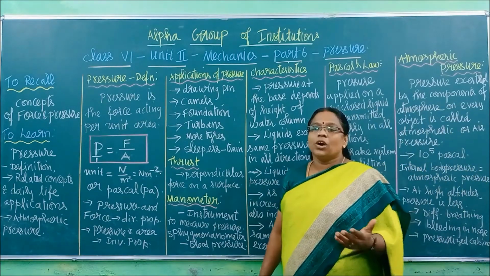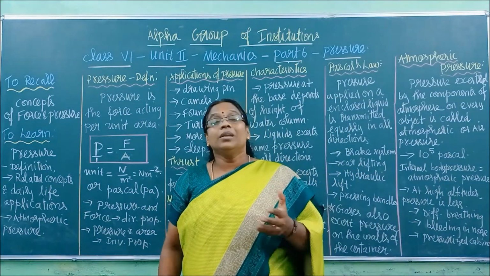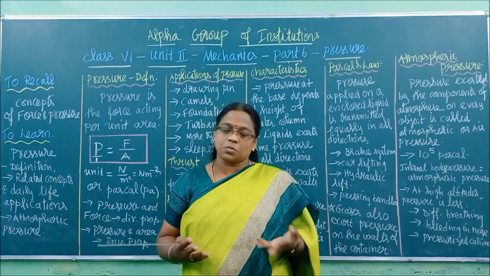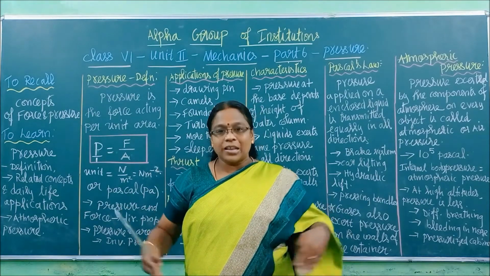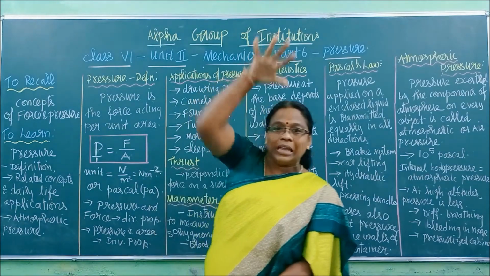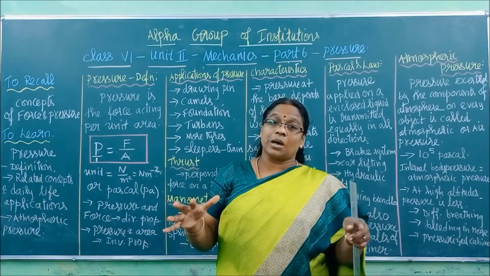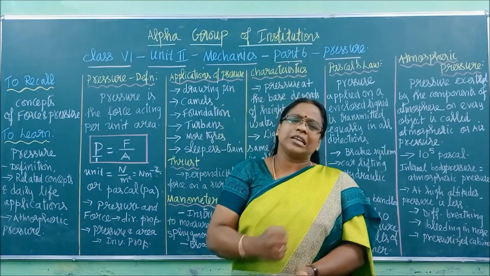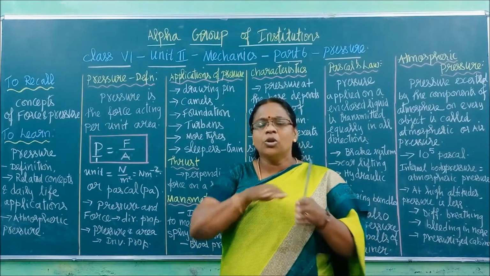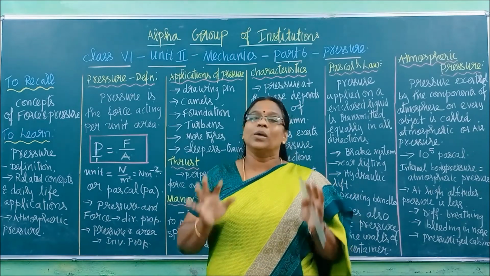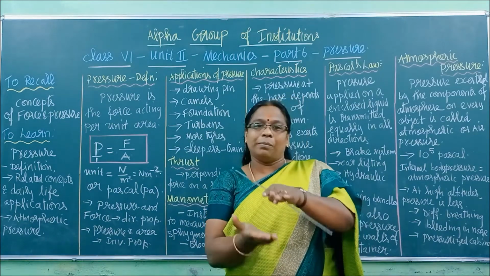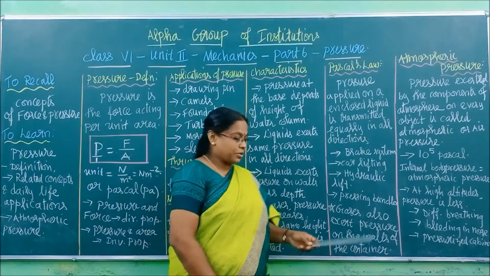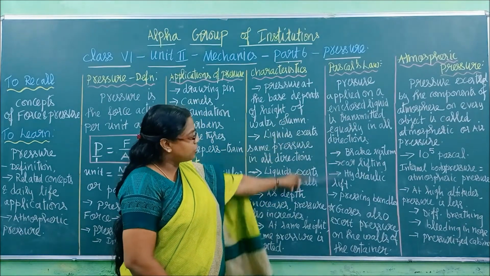This you can see in your daily life also, children. When the persons who buy old newspapers, used newspapers and used papers, what will they do? They arrange all the newspapers in an order and they press it either with a machine or with some other greater force. They forcefully press it with a machine so that the empty spaces in between the papers will be reduced. So the papers will be compactly packed. So that pressing machine is there, and there we use Pascal's law.